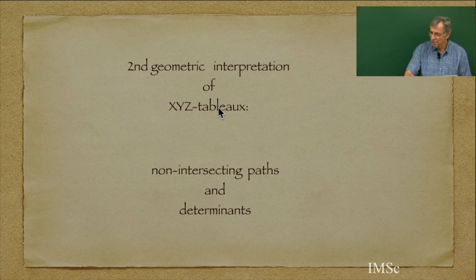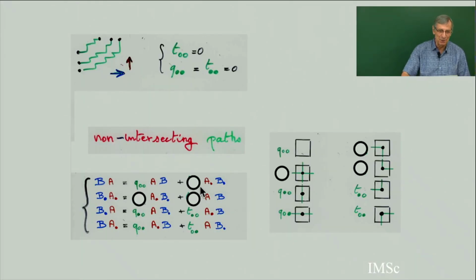So maybe to give some simpler formula, it's better to cancel 3 coefficients. So here I cancel this. There is no intersection, and not only do I have non-intersecting paths, but these are special paths. So I hope I did not make a mistake. You forbid these 2 terms, so your paths are like this. They are directed paths. They go east. The elementary step is east or going north. And the starting point and ending point are on the border.